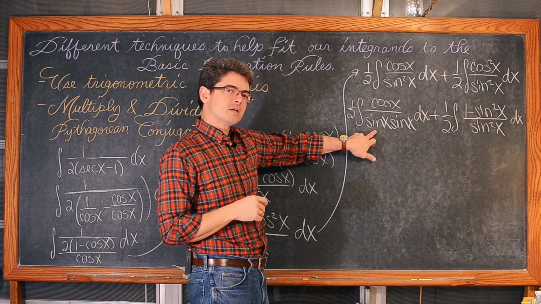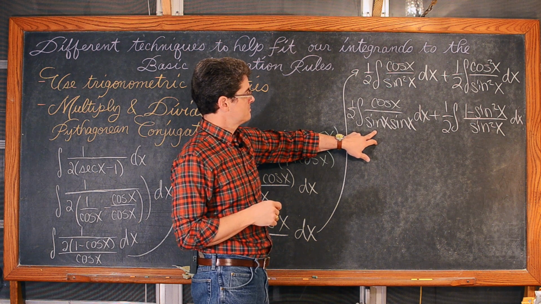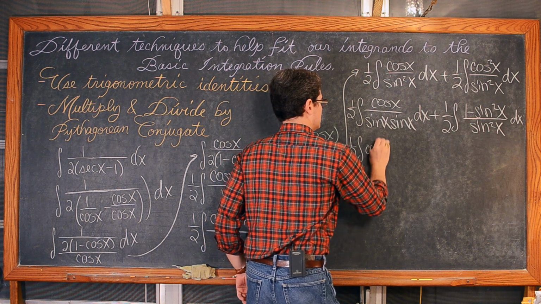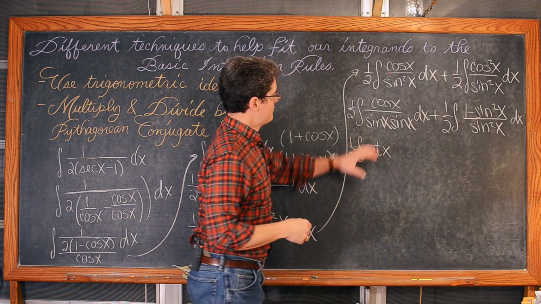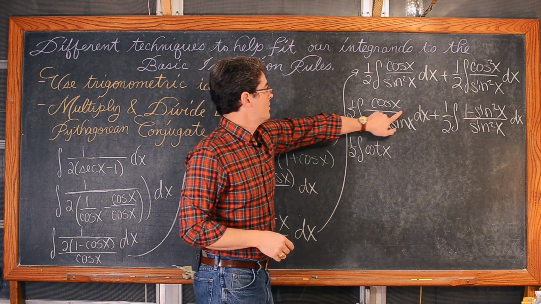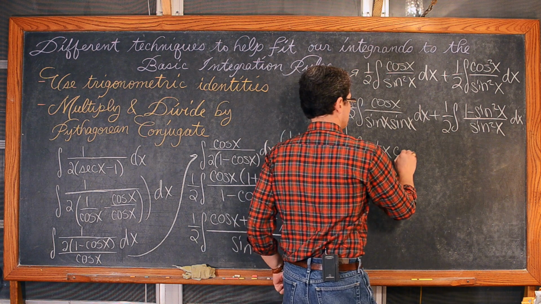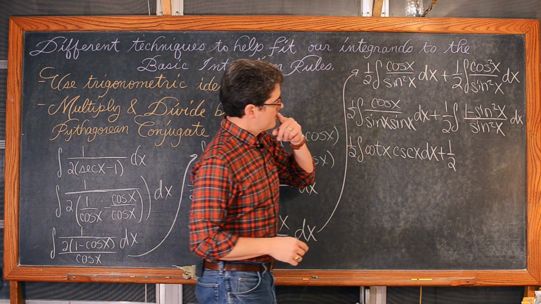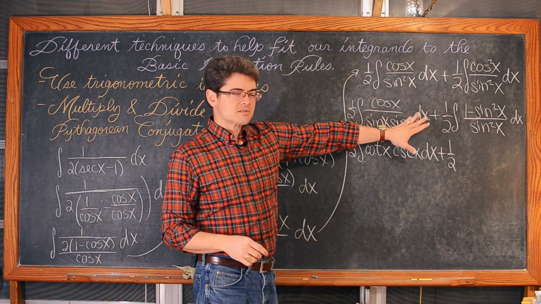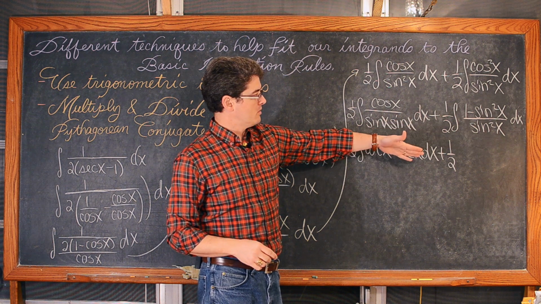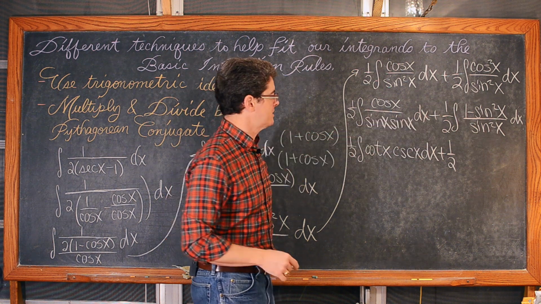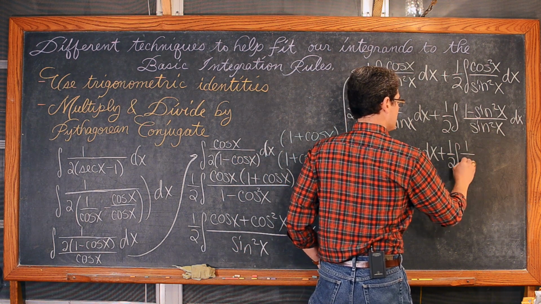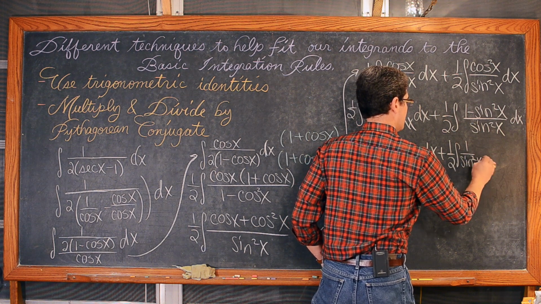Now, cosine over sine is cotangent. And now if I use the cosine over sine to write the cotangent, 1 over sine is cosecant. And that's not going to work that way, because again, letting u equal sine of x, or sine squared x, gives us 2 sine cosine. So this is going to be 1/2, 1 over sine squared x